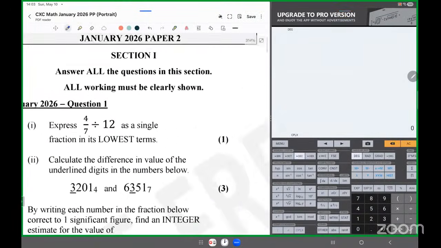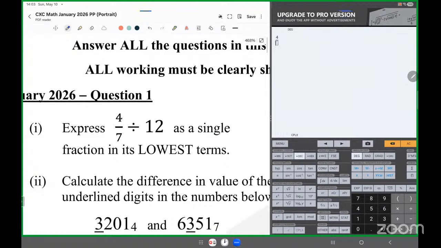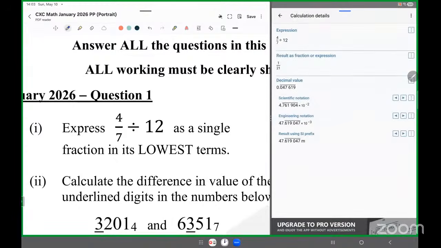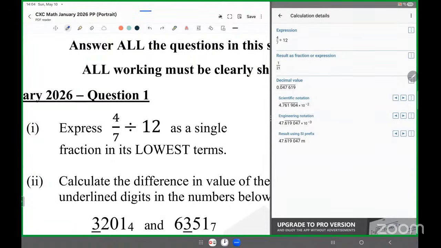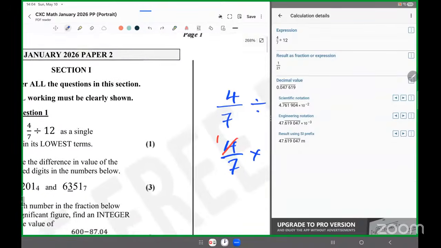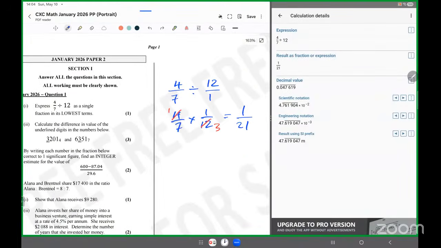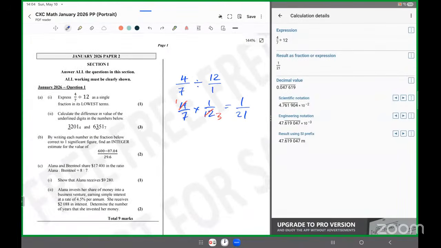And we can test that answer by putting the same thing in the calculator here: 4/7 divided by 12. As a fraction, it is 1/21 right here. You can see it, 1/21. All right, so this answer is correct, 1/21. This is the answer for part A, or part 1. Part 2 now is this